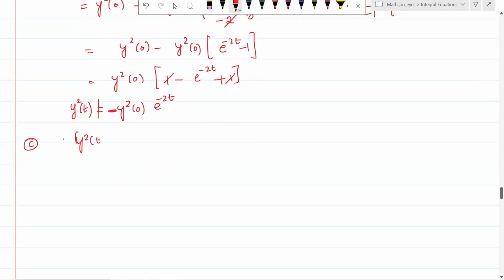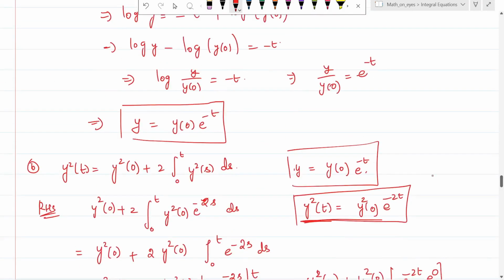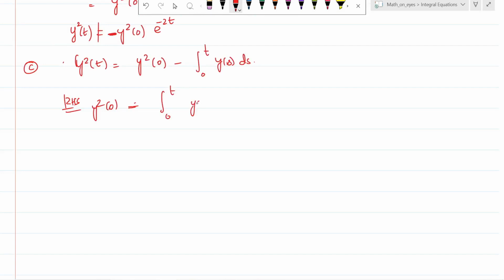Y squared of t is equal to y squared of 0 minus integral 0 to t y of s into ds. So the RHS is equal to y squared of 0 minus integral 0 to t. What is our y of s? Y of s is y of 0 into e to the power minus s. So y of 0 into e to the power minus s into ds. So y squared of 0 minus y of 0 integral 0 to t e to the power minus s ds,